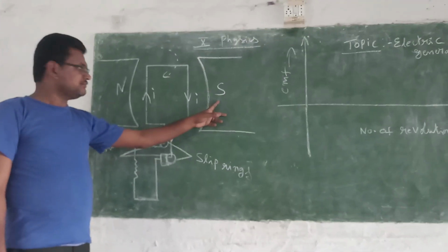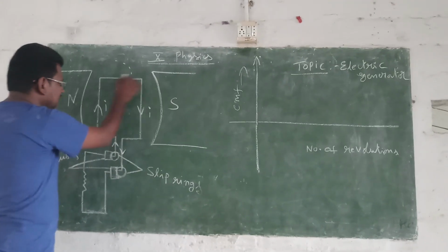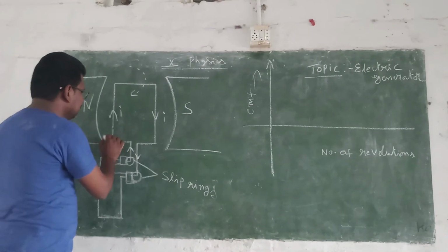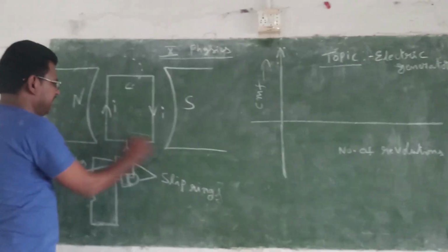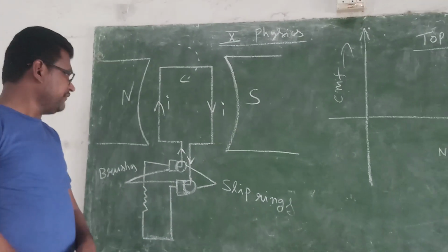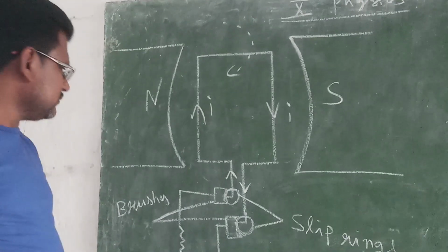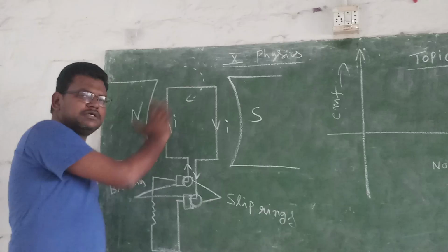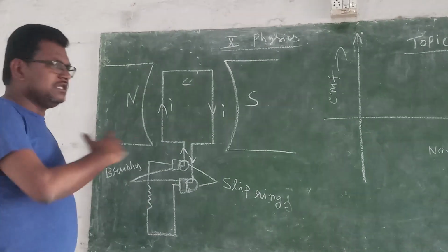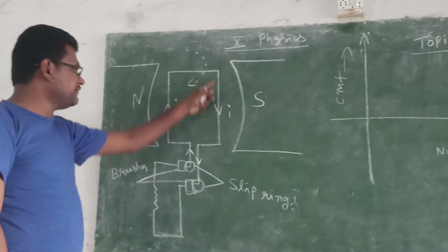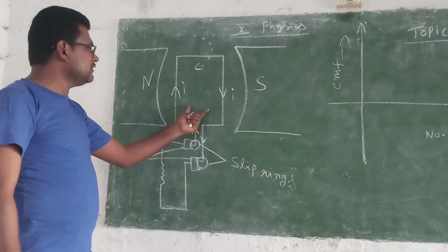These two poles generate a uniform magnetic field from the north pole to the south pole, and in the uniform magnetic field we have taken a rectangular coil. Now, as we rotate this rectangular coil, the number of magnetic field lines passing through the surface of the coil keeps changing. That means there is a change of flux through this coil,